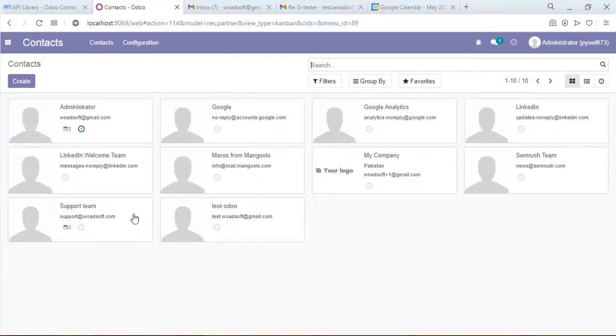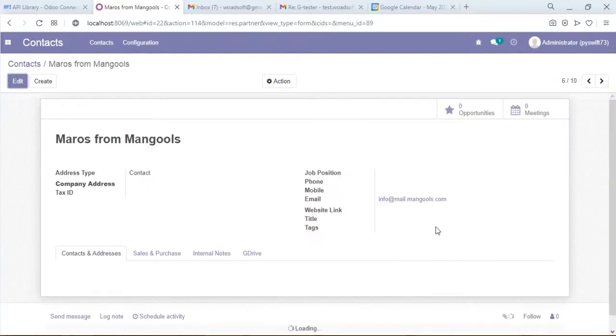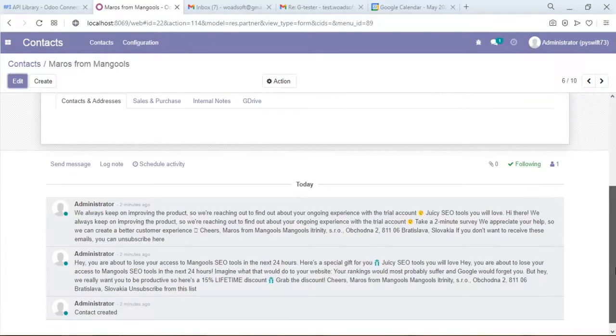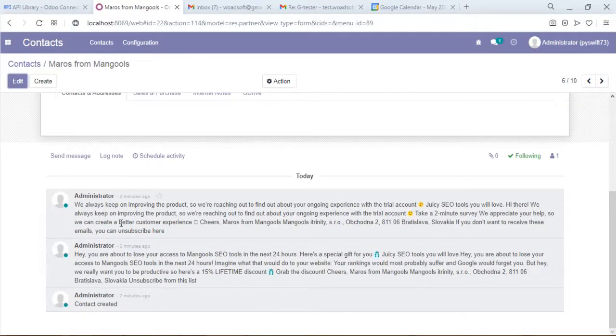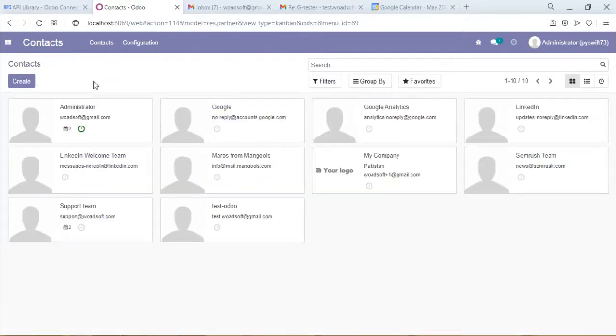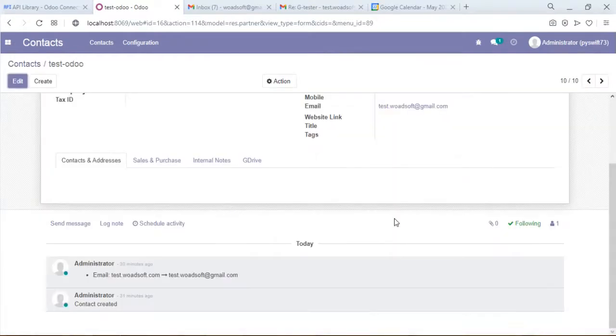and here are the emails that we imported. Like you can see, the contacts are automatically created, and the system will put the email messages in those accounts. And here are the messages that you are receiving, and you can also send messages back from Odoo. Let's suppose we are testing from this one, the test account,